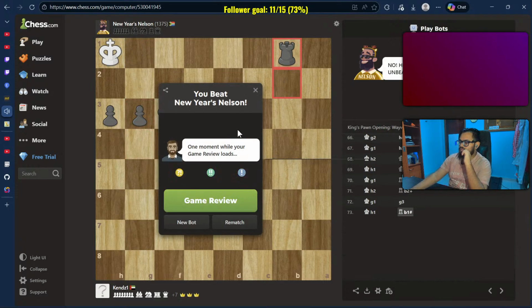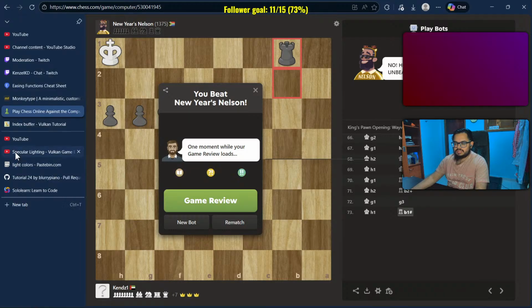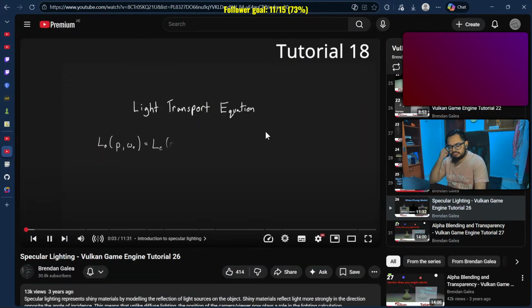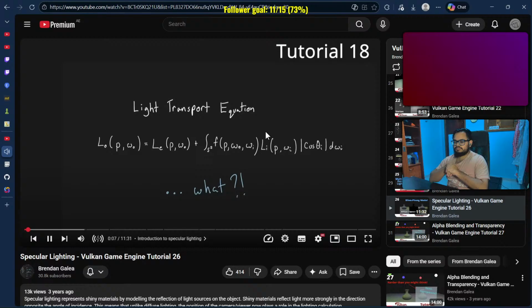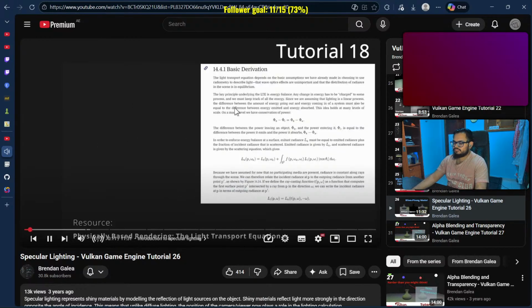Got it wrong a few times, but it's done. Now let's go back here. I first showed the light transport equation and explained how we often rely on lighting models which only approximate the light transport equation, but are simpler